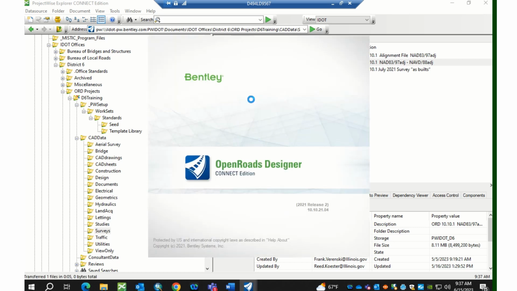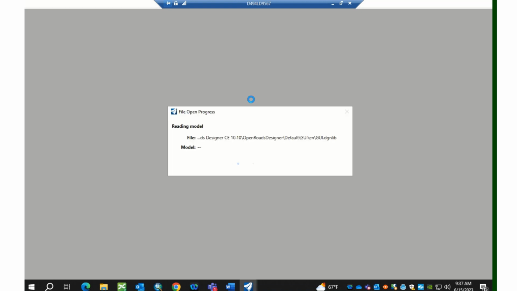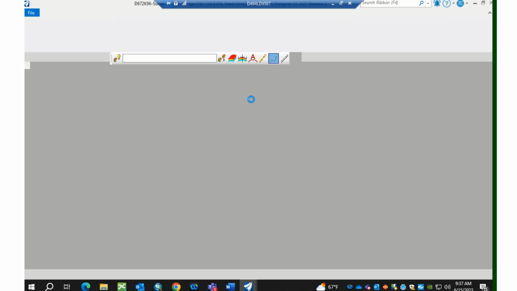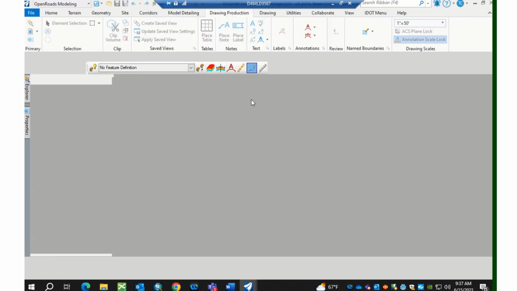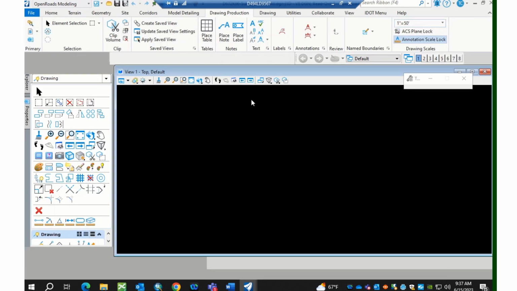I just want to show you, and maybe other people will see this in the future, maybe even surveys, just to understand why it is a problem for you as a designer when you continually reference in their file and every single time you get all this other stuff that you don't want to see. Every time you reference it in, you have to turn off the LiDAR data, turn off the boundary, turn off all these things, and not in just one view, but in all the views, because when you're designing, as you know,